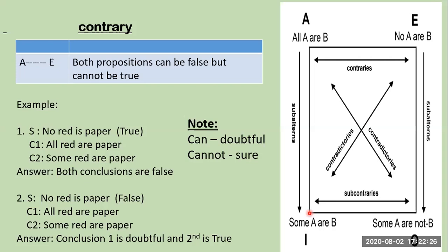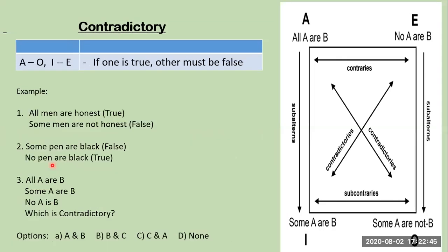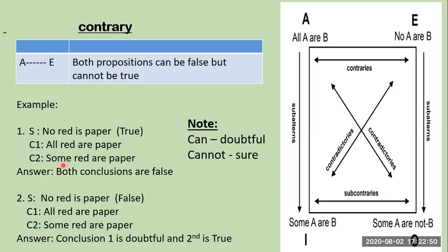Clear? Here in the question they have not posed a statement about which is contrary, or which is not contradictory. It's a question posed without any heading. In the previous question, I'll just go back. Here was a question which is contrary. They used the word contrary. But in this question, they have not said which type it is. So whenever the question is like this, you need to compare the first statement with the first conclusion, and again the first statement with the second conclusion. Okay, so we'll analyze how it is.